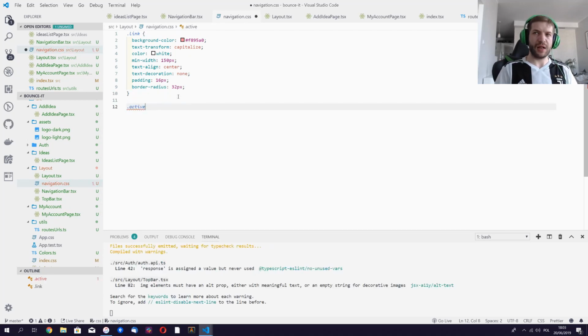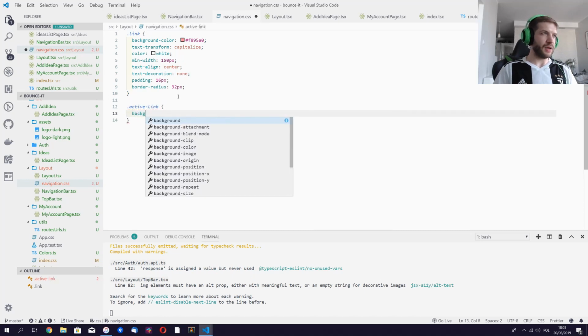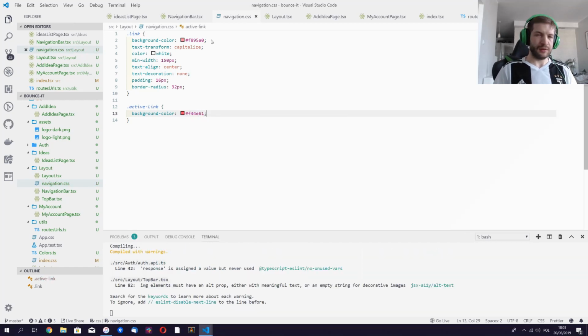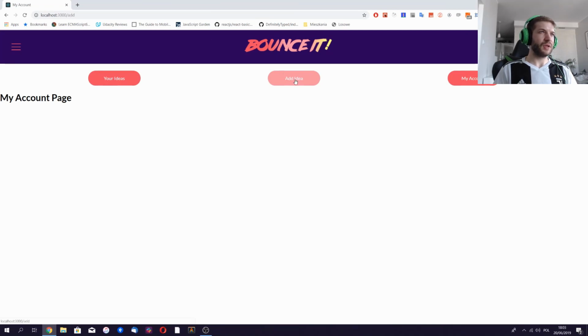And I will simply change the color. Active link background color is going to be the same but a little darker, I would say E61. Okay, and now, yeah, now it's kind of strange because I can tell that this works but not properly,